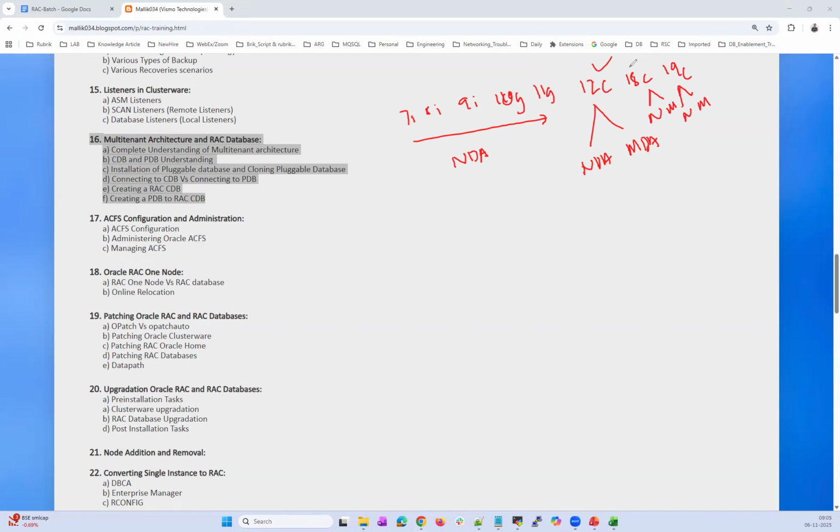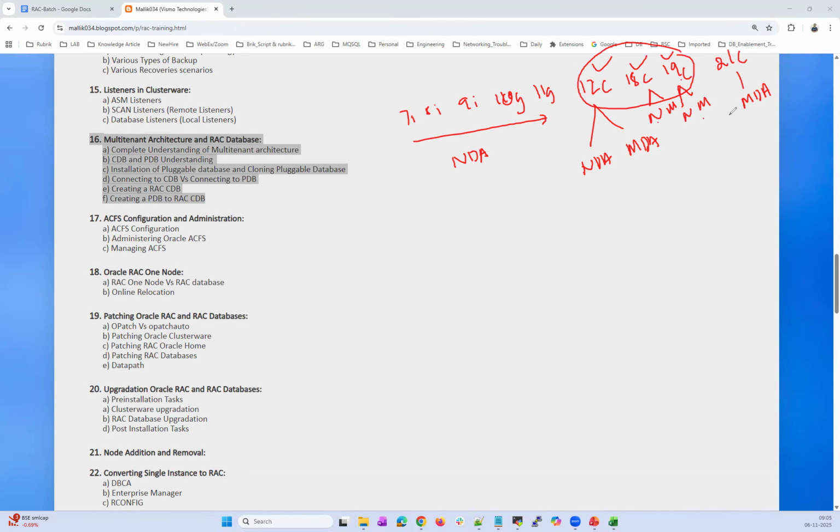In these three versions, 12C, 18C, 19C, you can choose while creating the database what kind of database you want: normal or multi-tenant. But going with 21C, it is only multi-tenant database architecture. No more normal database architecture.